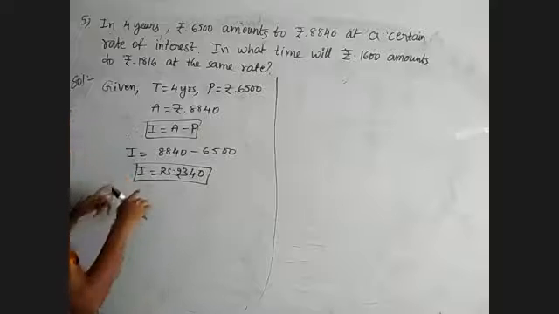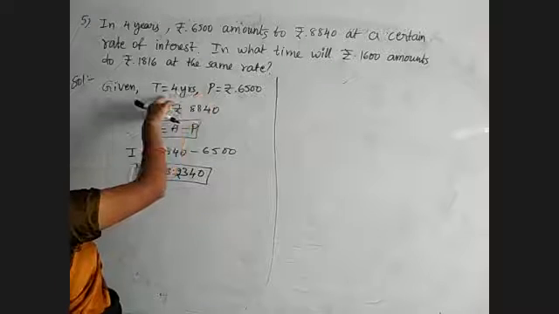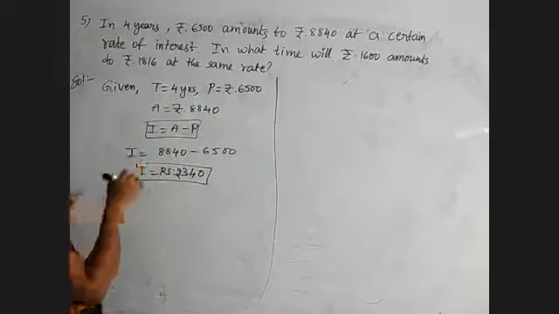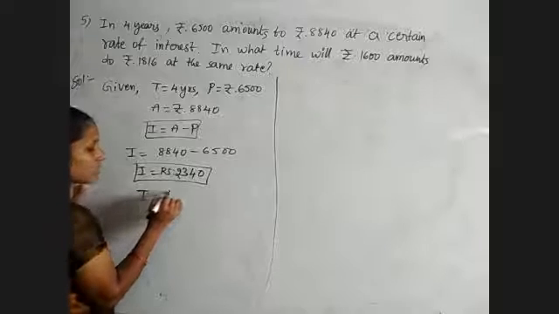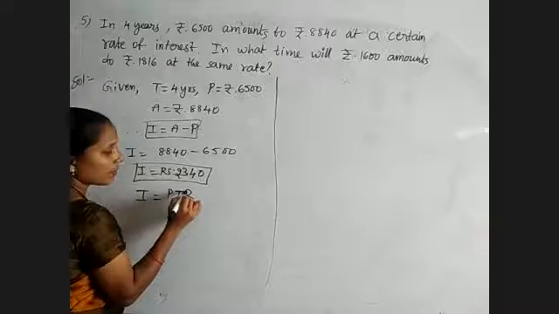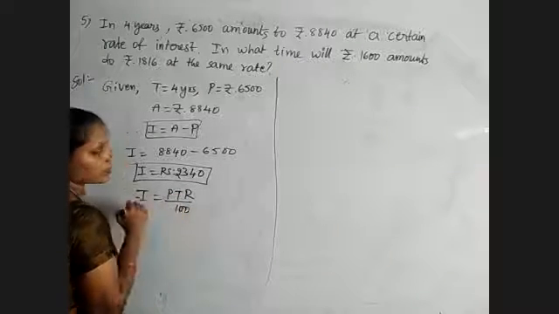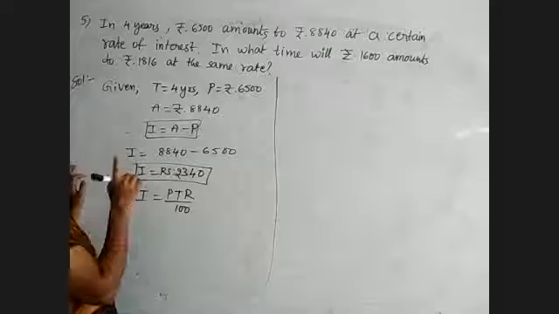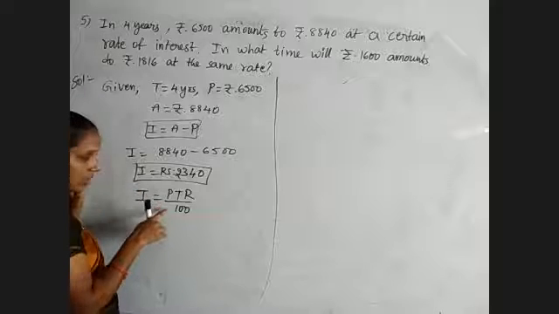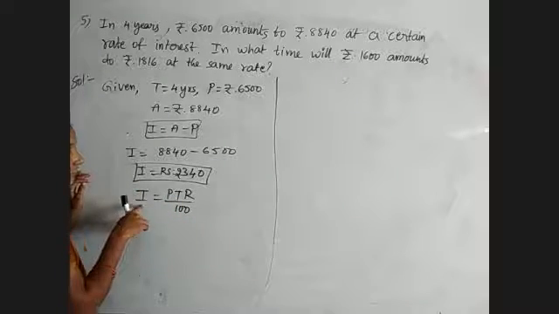I value is there, P and T we have. Then we need to find out the R value by using the formula I is equal to PTR by 100. At a certain rate given. What is that rate? They did not mention, so that rate we need to find out. I value we have